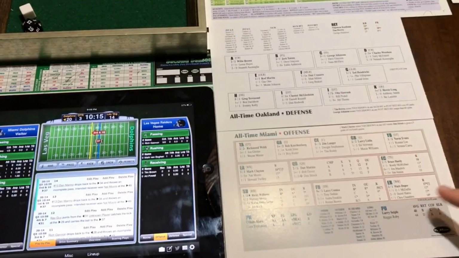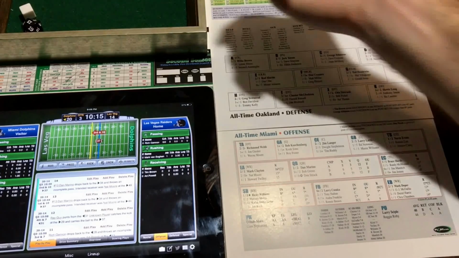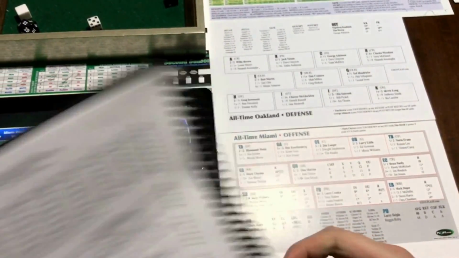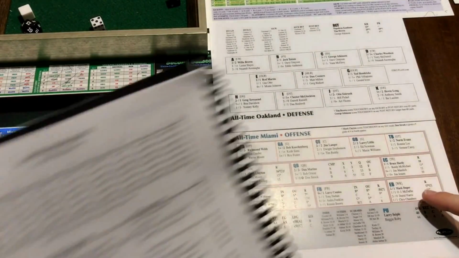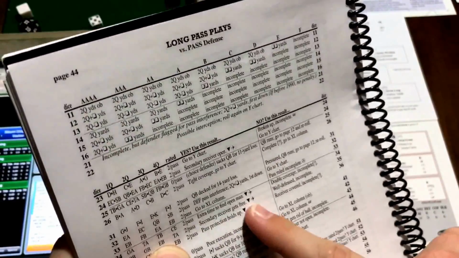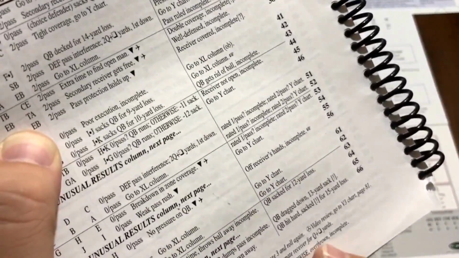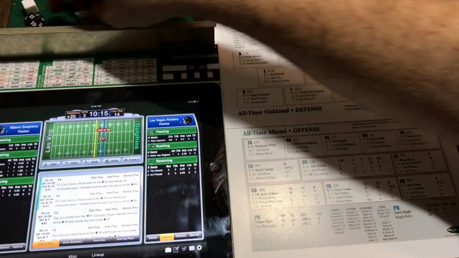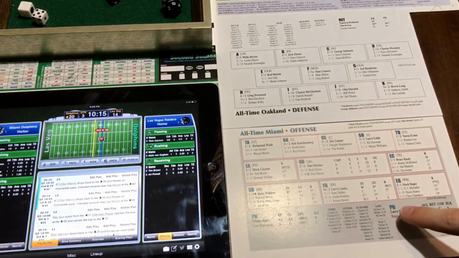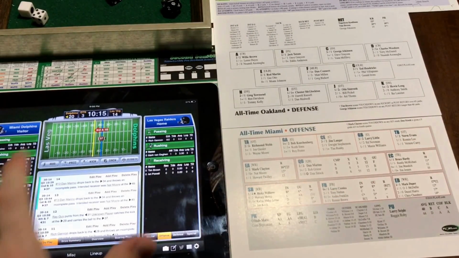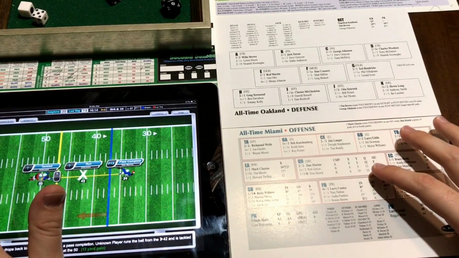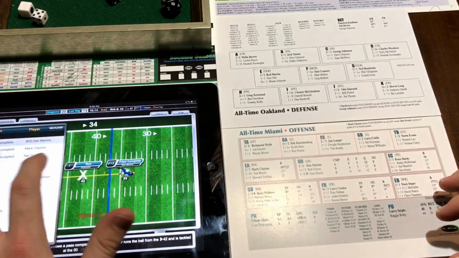A 14 says it's going to go to Mark Duper. And so 35 here. 35 says, is EB run 2? EB Mark Duper does have run 2. So yes, secondary receiver gets free, and that'll be an alternate receiver. So it says QB dumps off to alternate receiver for Q plus dice yards. So let's see who the receiver will be. And it's a 6, so it's going to be over to EA, Mark Clayton, and then it'll also be for 6 yards, right? Q plus 6 yards. So Q is 12 plus 6 will be, of course,